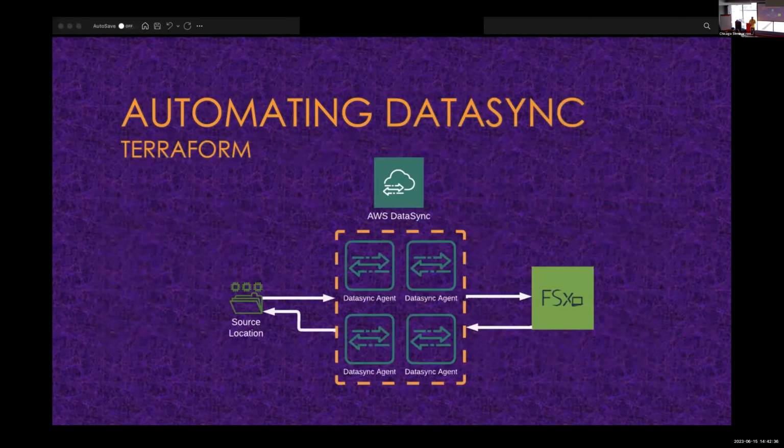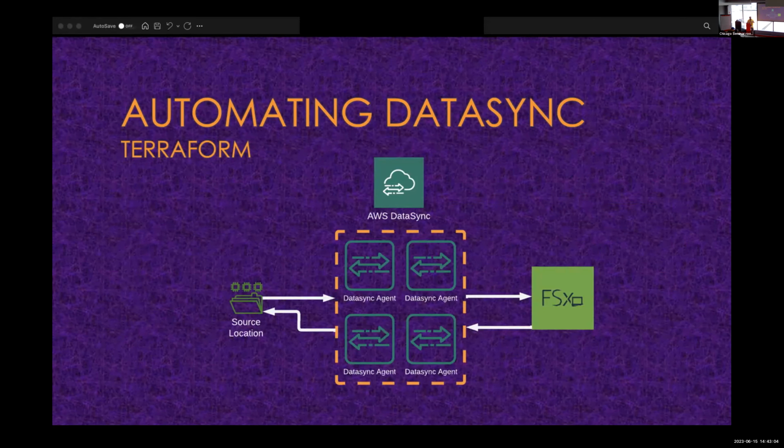The second step was we had to automate DataSync. Is anyone here familiar with DataSync? Have you worked with DataSync? Okay, a few of you. All right. So DataSync has a few different components to it. You have a source location and a destination location, and you set some copy parameters in there to create a DataSync task. Then you create a DataSync agent or a group of agents, and that's really the compute